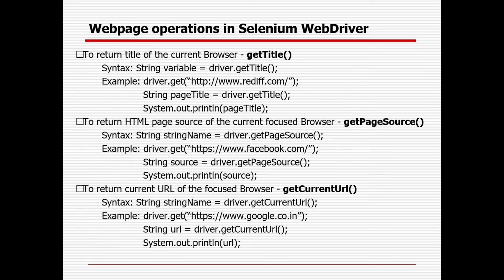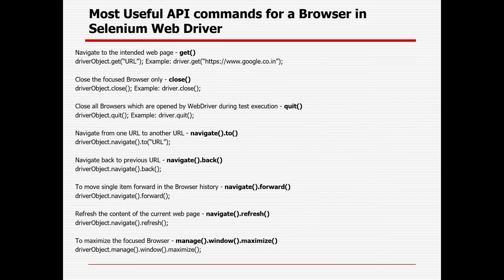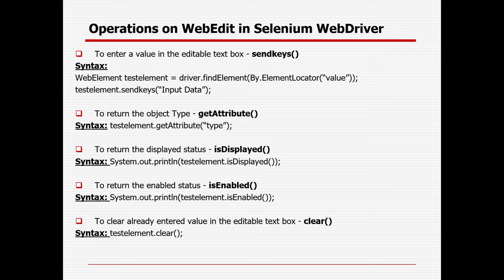There are 8 different element locator techniques available in Selenium. It can be ID, name, class name, tag name, link text, partial link text. In case those are not working, you can create your own XPath or CSS selector. In the next session, I will cover how to do that. The syntax is driver.findElement(By.elementLocator, corresponding value). You can get the title, page source, and the current URL of the page with the help of Selenium WebDriver methods. There are a lot of API commands available to open a page, close a page, navigate from one page to another, go back and forward, refresh the page, and maximize the page in Selenium WebDriver.